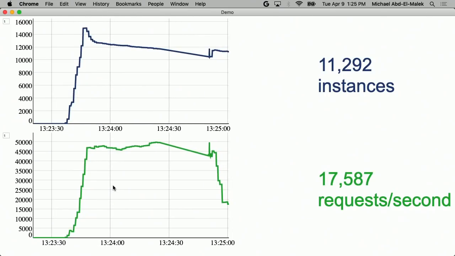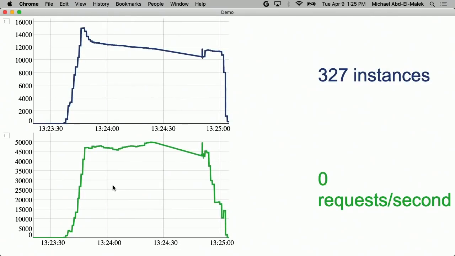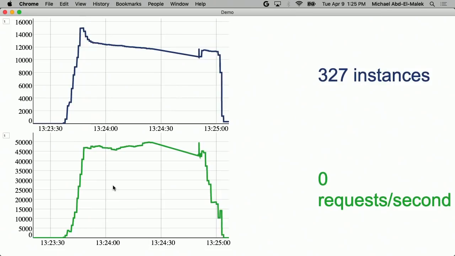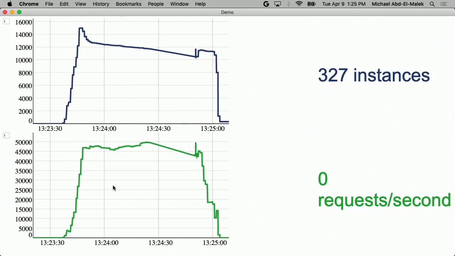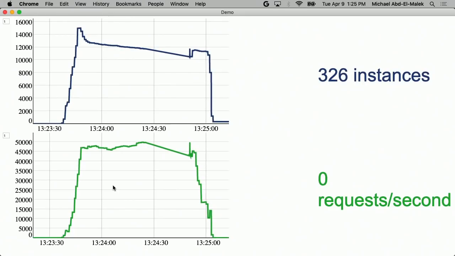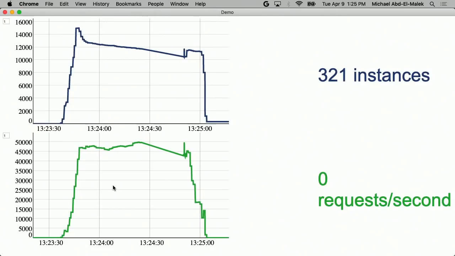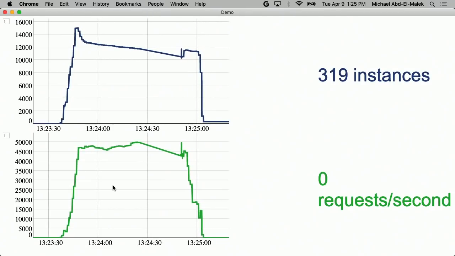And when you have millions of queries per second to a large service like Snap, you want to be able to migrate from the old version to the new version really quickly. And so this kind of rapid scaling allows us to spin up a lot of the new containers for the new version and migrate traffic quickly to the new version. Now you'll see here